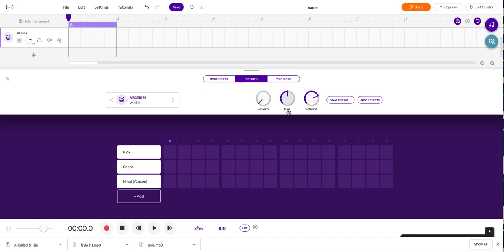Now some of you will be quite familiar with something that looks like this. Pretty much what it is, it's 4 beats. I've got one beat here, another beat here, another beat here, and another beat here. Each beat is divided into 4 little blocks and 3 different sounds at the moment. We can add other sounds, but at the moment I'm going to just click in here, and that's going to put a sound. The kick is going to sound on the first beat of the bar. I put another one here, another one here, another one there, and if I hit play I should get the sound of